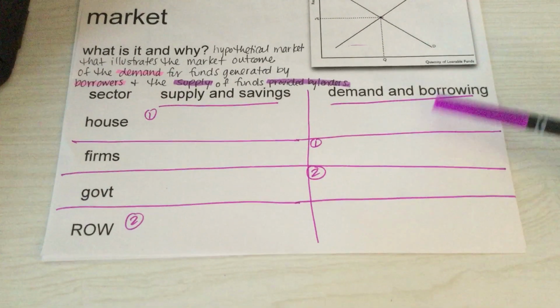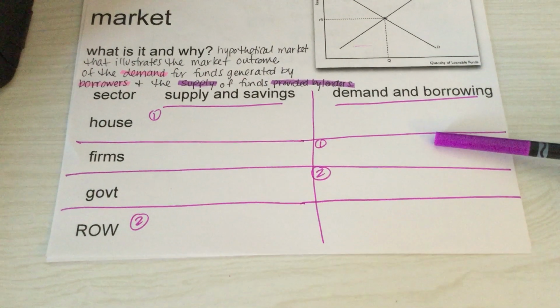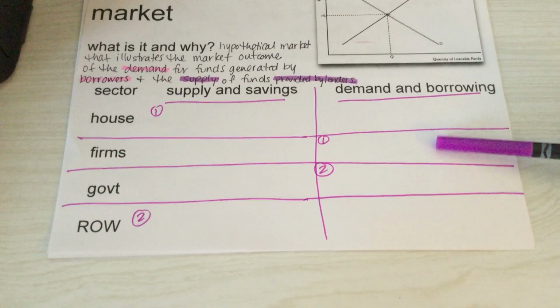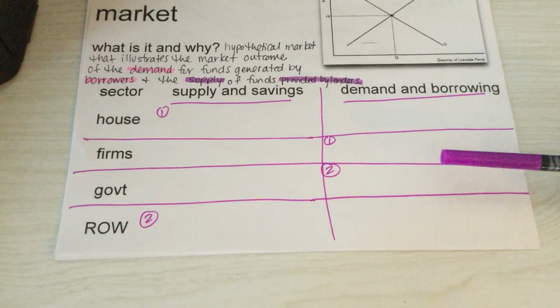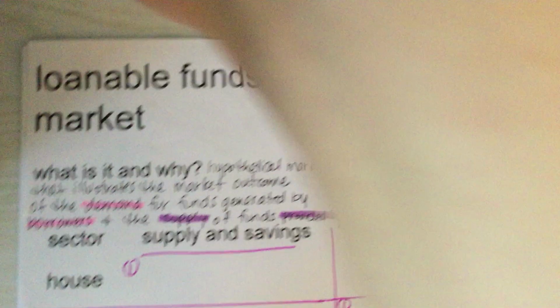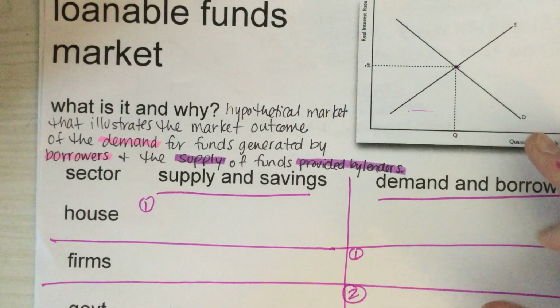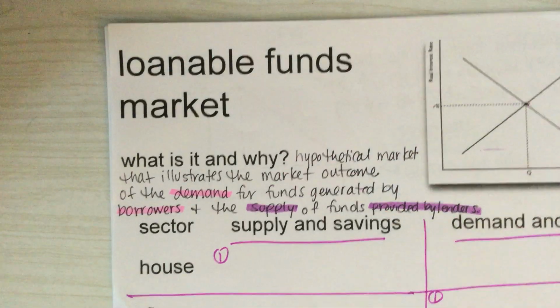Also, the two sectors of the economy that affect demand and borrowing are firms and businesses, which borrow money for capital stock, and number two, governments when they run a budget deficit. This might not be enough space for you to write absolutely everything. You could probably have an additional notes page where you write down the notes I'm going to go over in just a minute, and that can help you as well. So I'm going to go over the shifters as well as a couple of the scenarios to help you with the assignment and the FRQs that are on Google Classroom.